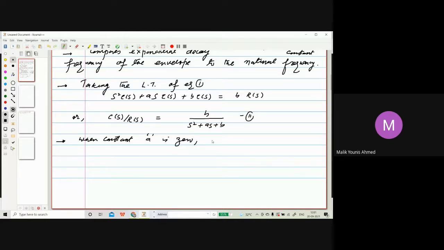So here we can write, system will be undamped. There is only natural frequency of oscillations, and there will be no damping, as we have seen in case number 2. And second, with this, poles of the transfer function,